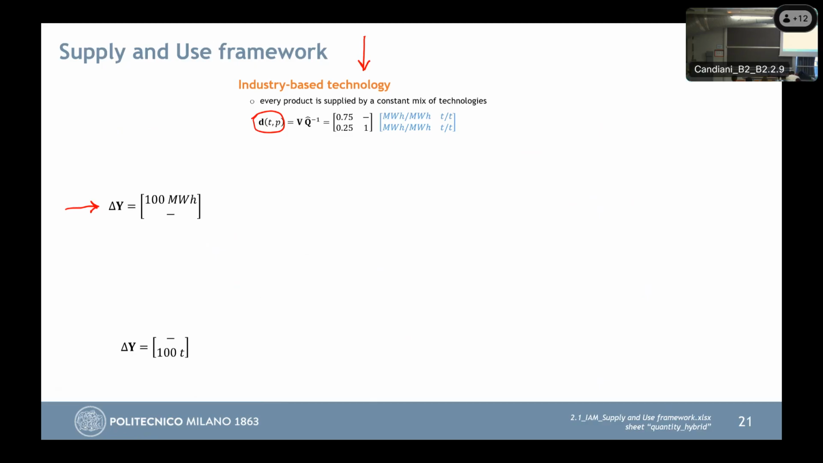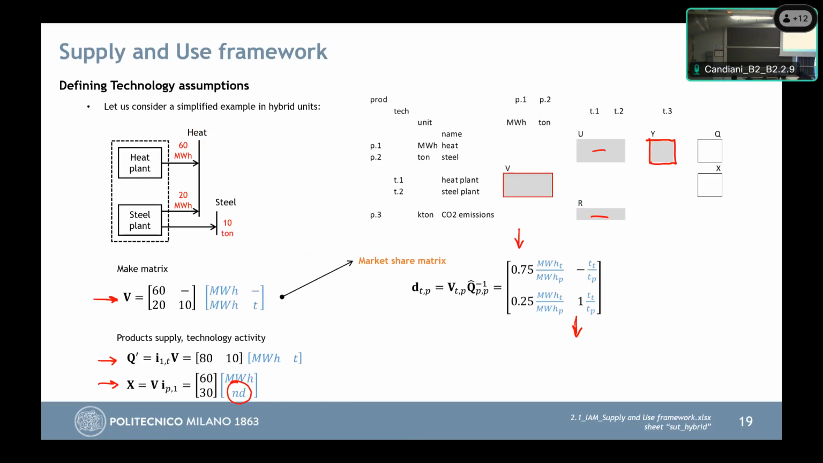Let's come back to the scheme here, and the two tables. What is happening if you are asking, once we are defining and characterizing the model based on such coefficients, what is happening according to the industry-based technology assumption if we are asking for 100 megawatt hour more of heat? How is the model replying to this shock? Remember that this is